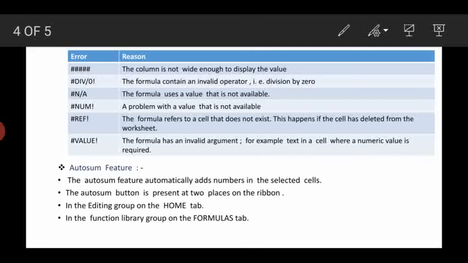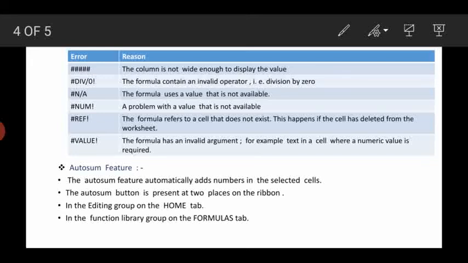Now the next one is the AutoSum feature. AutoSum means we can perform a sum automatically in an Excel sheet. So the AutoSum feature automatically adds numbers in a selected cell.